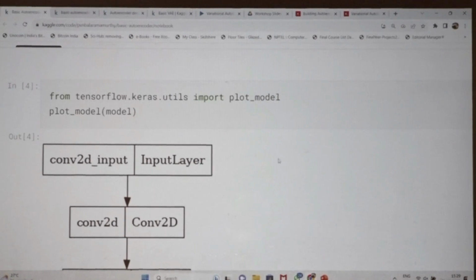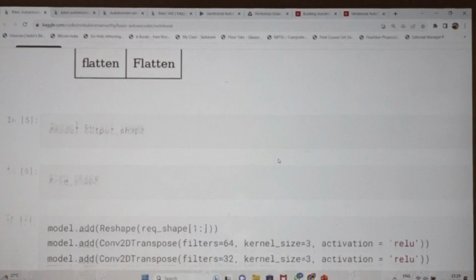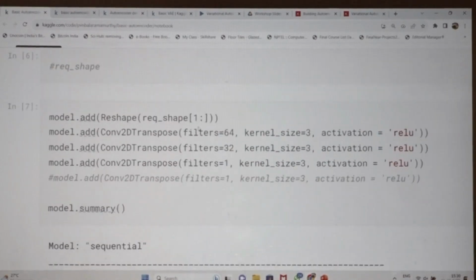So see here, this is the encoder model we have built, and then we are just reshaping. We are not using any dense layer separately here.